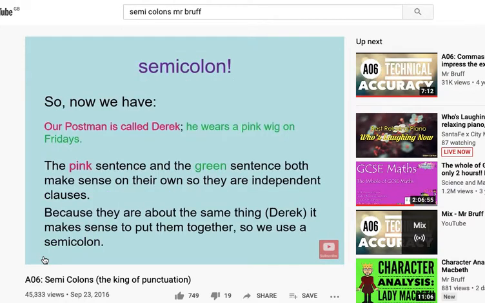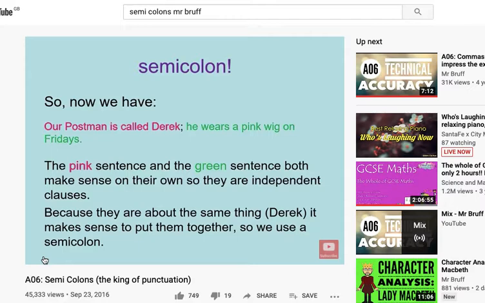Because the two sentences are about the same topic, we can divide them with a semicolon and no capital afterwards. This is a semicolon here, okay? Now, a couple of things to make clear, because I've taught semicolons before and then seen lots of mistakes that follow. It has to be two complete sentences on either side of the semicolon, okay? So a complete sentence makes sense on its own and contains a subject and a verb. A verb is an action, and the subject is the personal thing doing the action.